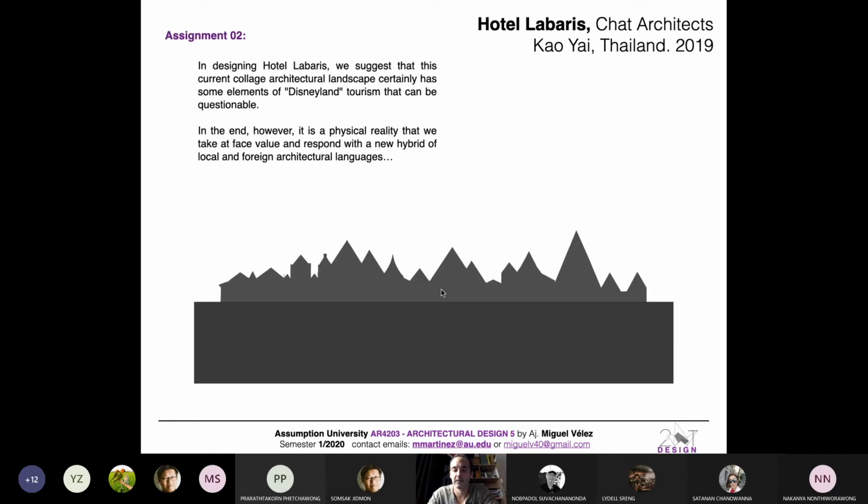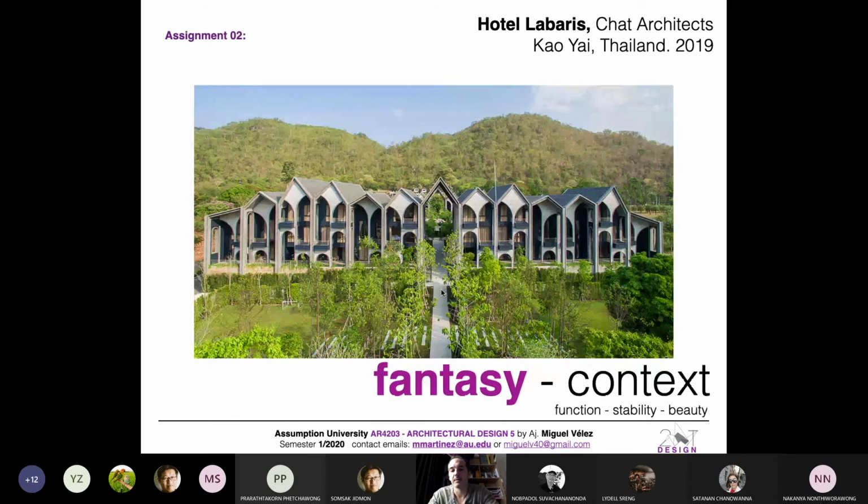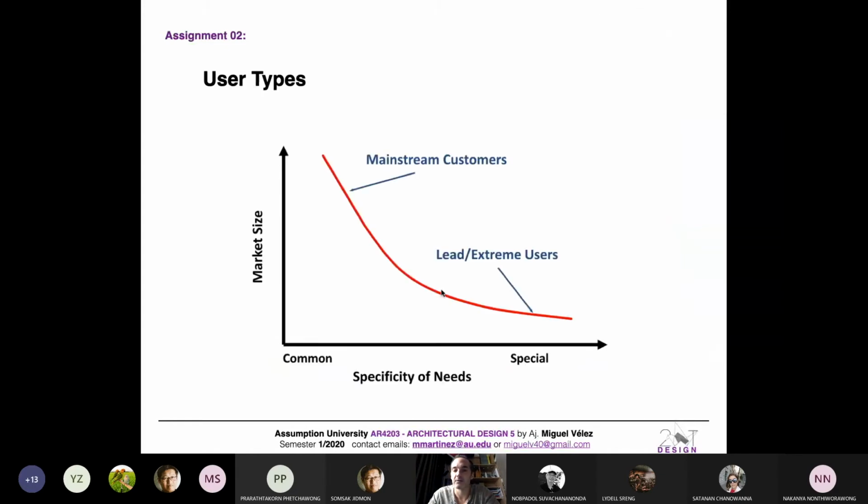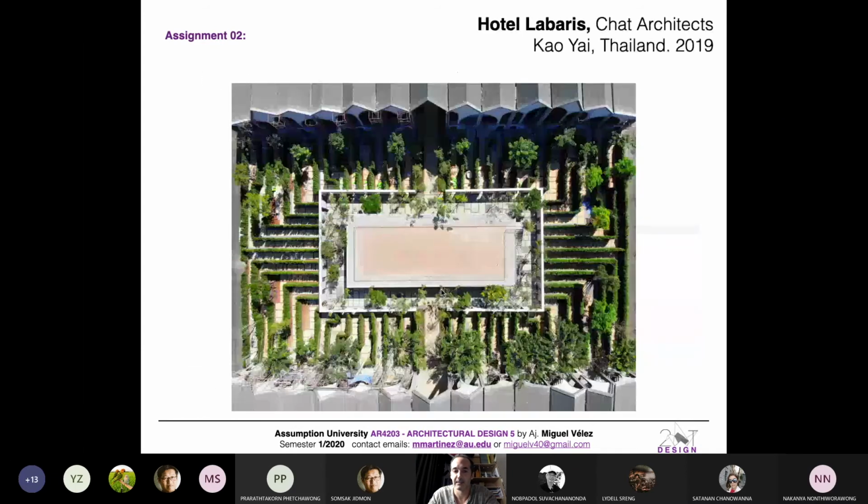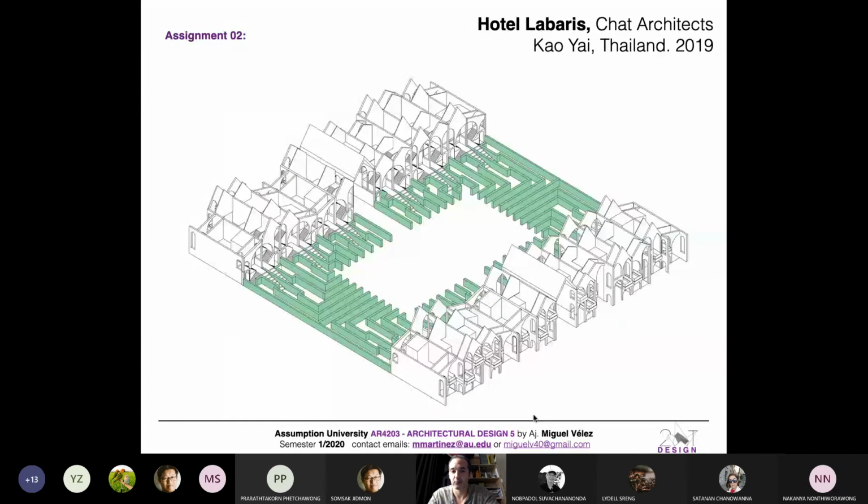In Kauyae, it becomes this kind of silhouette, and then this is the building, and this kind of context explains the fantasy. At the end you just need to elaborate the boundary and make all of this like an island, totally different, to get this user experience. That is something I'm not going to explain here, but it's this thing of the labyrinth, that fantasy, that is what you try to make.